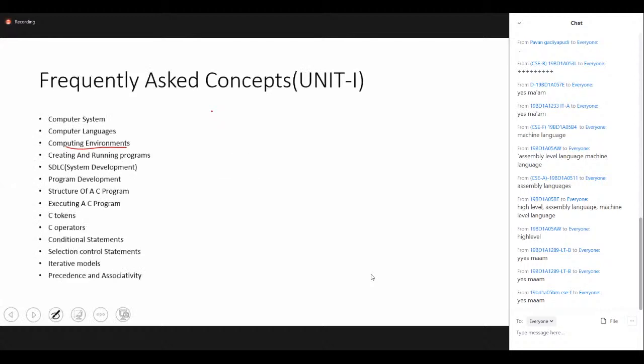One more thing. We'll talk about creating and program development and the structure of a C program tomorrow. In a short span we can complete SDLC, so I'll complete SDLC. You can call it the system development life cycle or the software development life cycle. Either it can be called in two ways. Understand, this life cycle is what you apply when you are given a new task: you divide it into steps, that is, you apply different types of steps. The first phase of the software development life cycle we call system requirements